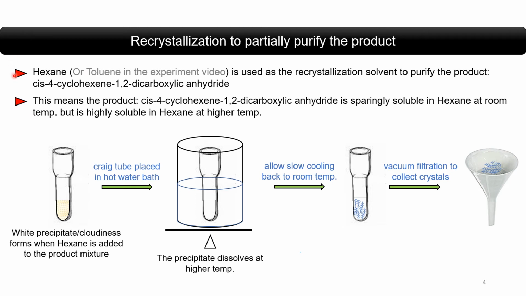So it so happens hexane is an appropriate solvent to be used for the recrystallization of our product, which is cis-4-cyclohexene